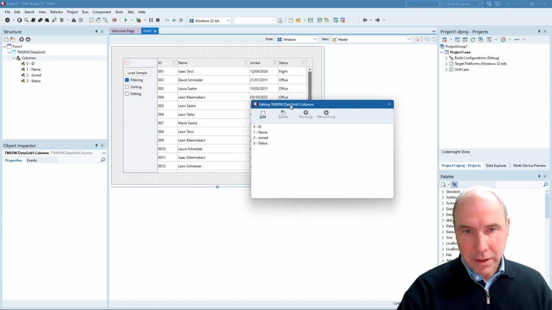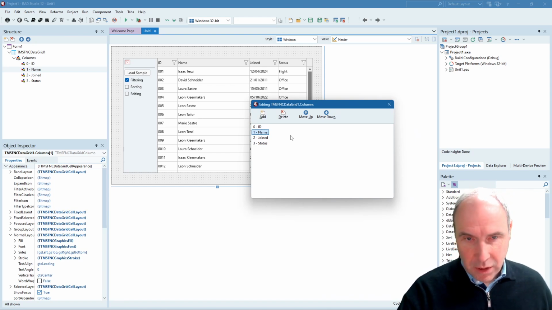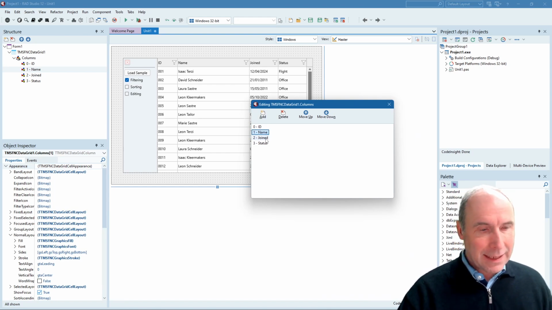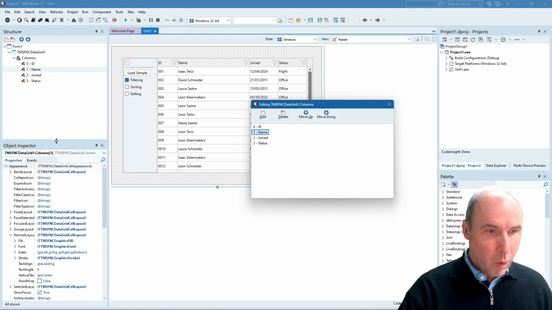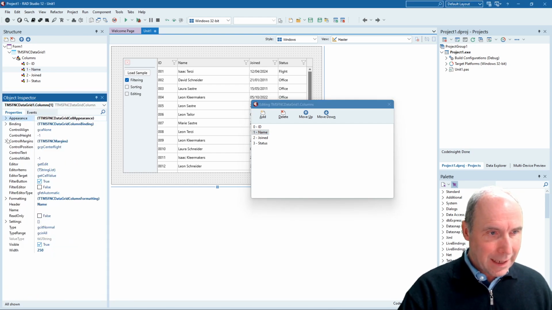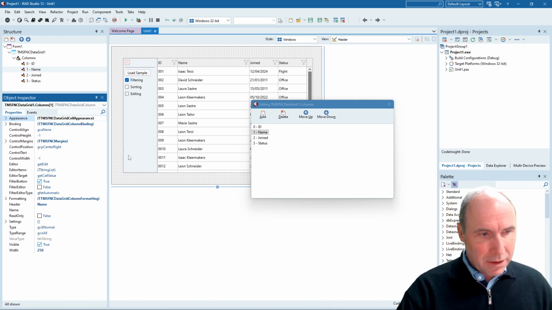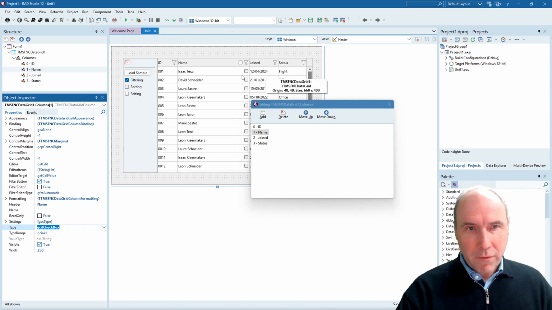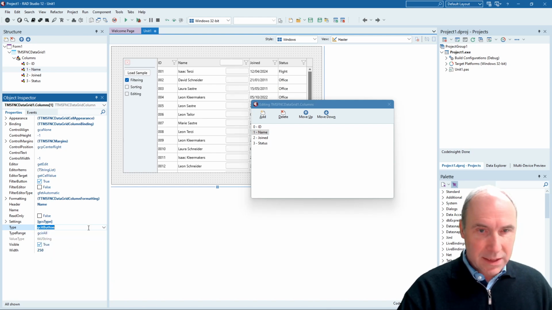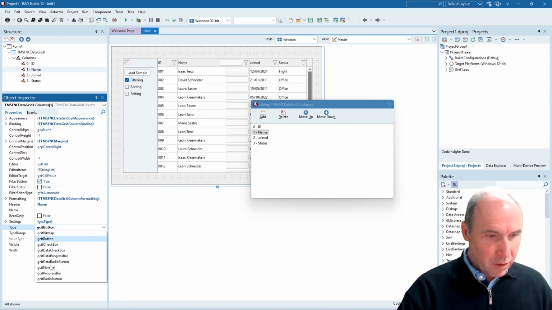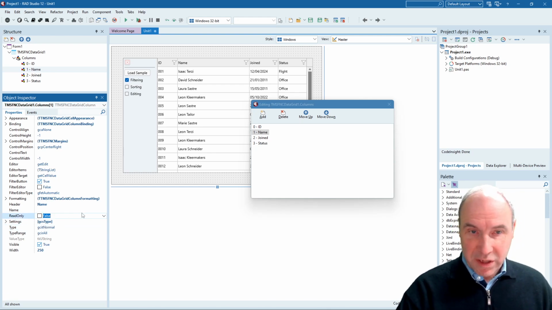If we double click the grid, we get access to the columns collection editor, and that means that also on a column basis we can configure the grid like we want it. And so if we go and have a look at all the possibilities to configure on a column level in the grid, we see things like the type. We can select an additional type of control that we add to a grid column, like a checkbox in this case, but we can also select a button. So there are different options that we can use to customize columns in the grid,